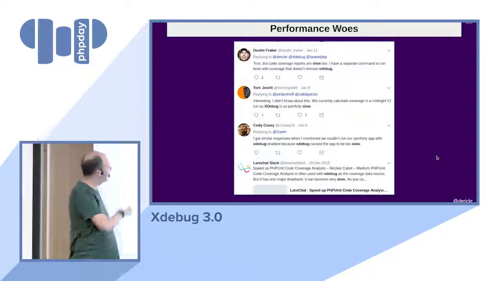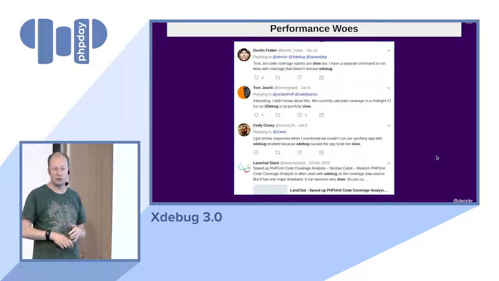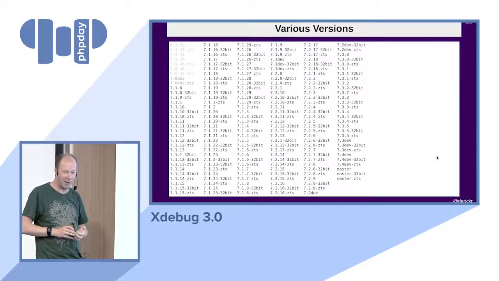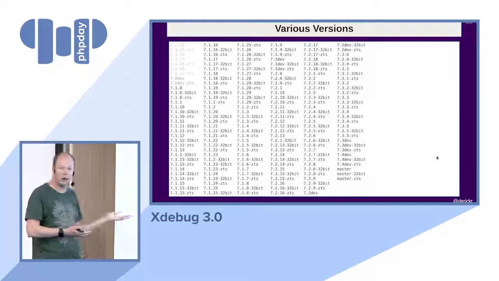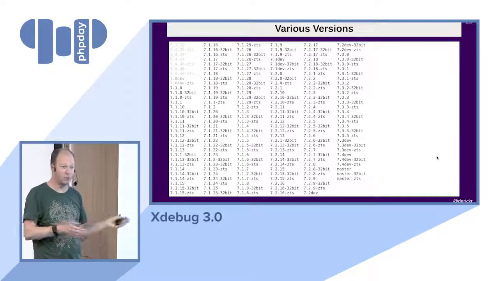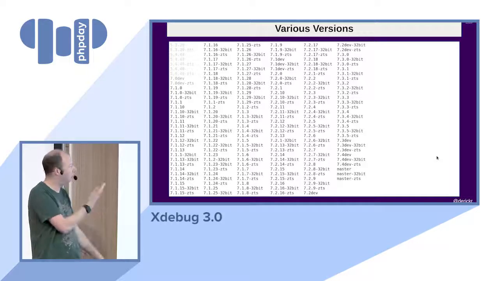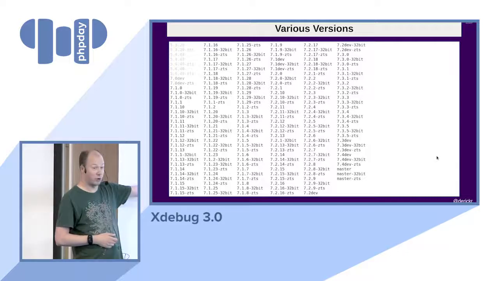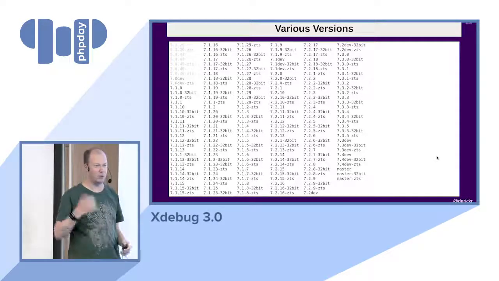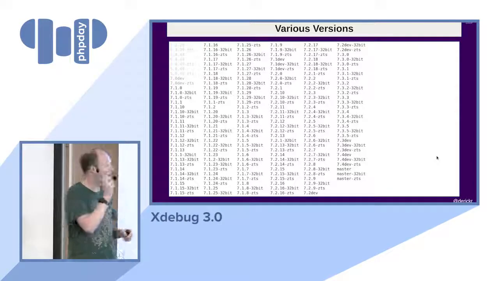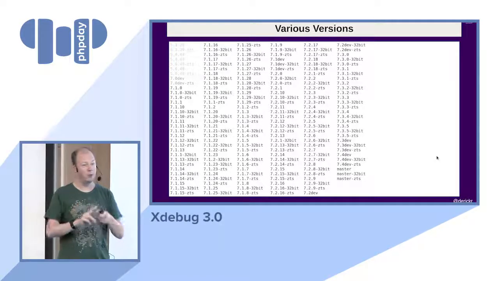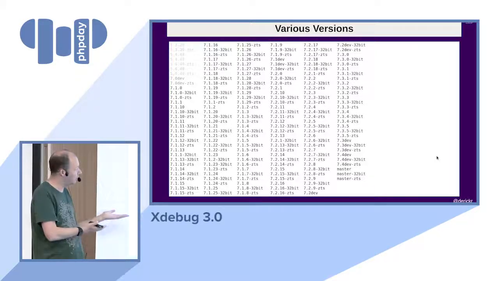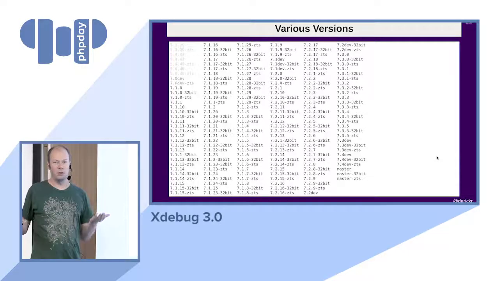All right, so another thing is I check with a lot of PHP versions. I also still do PHP 7.0, although I don't really support it anymore. It's 145 about. It could be one more, two more, because new PHP versions get released, right? And I need to make sure that it works on all of these PHP versions in both normal 64-bit mode, in 32-bit mode, in ZTS mode, which is a thread-safe version of PHP. And I need to check all of these also with opcache on and opcache off, because internally they generate different code for PHP, which Xdebug needs to look into. Now, you all run